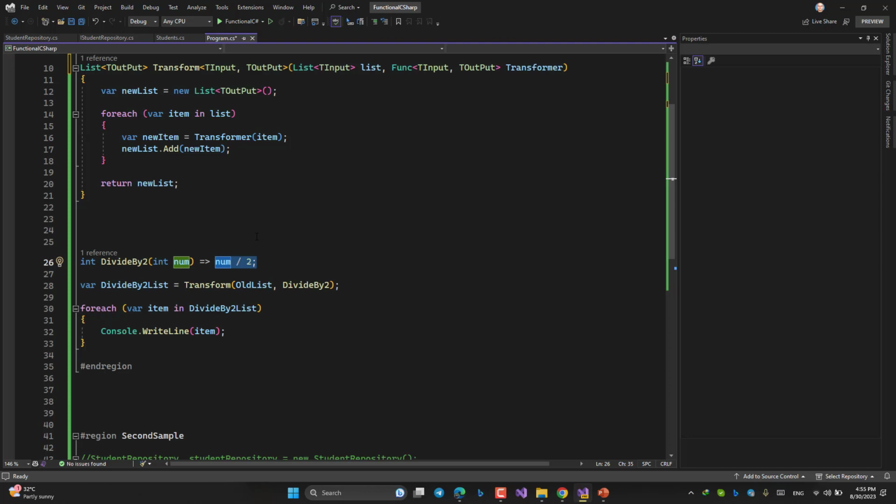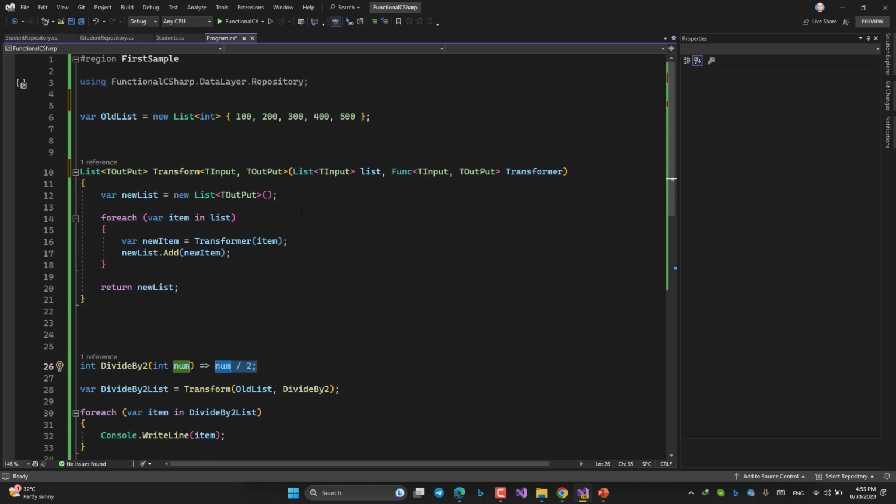We said HOF is something that the input or output also can be a method or function. So look at this. This is my output, T output. It's a list. This is the name, transform.